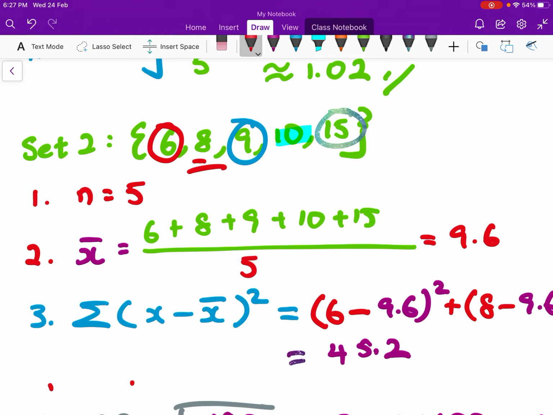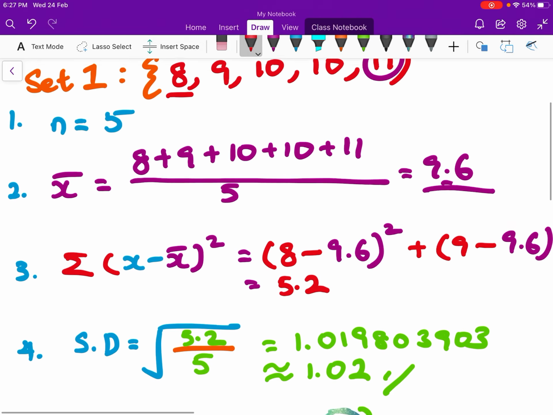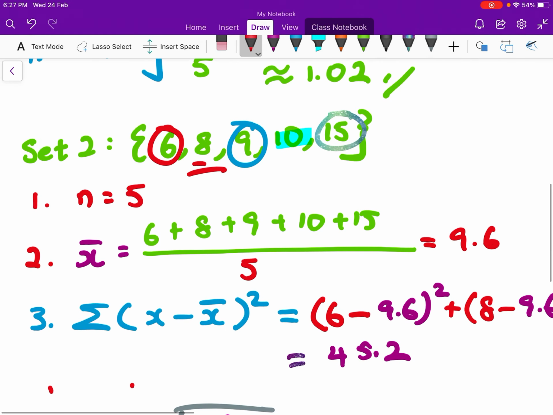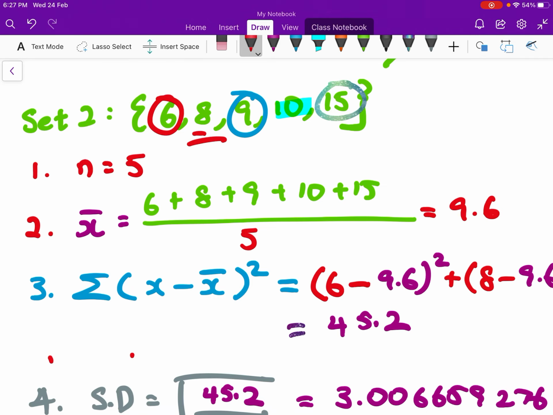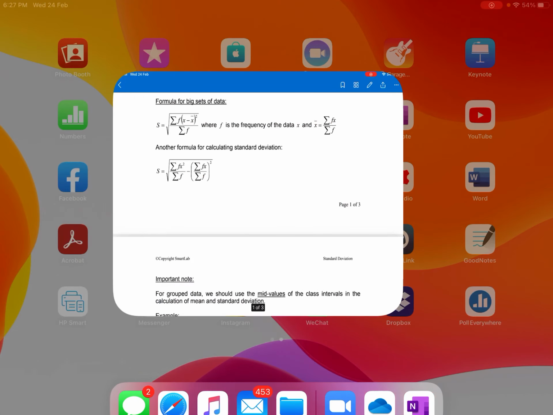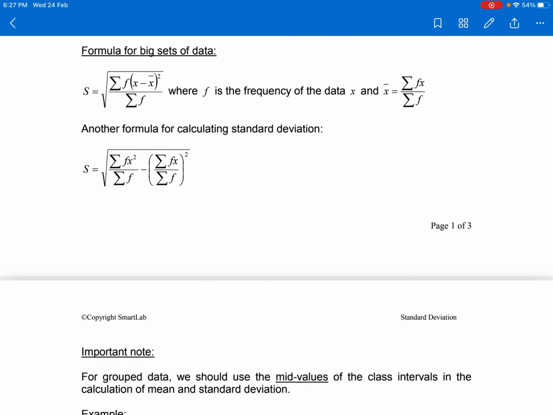By looking at just the numbers 6, 8, 9, 10, 15, the numbers are relatively far apart, as compared to my 8, 9, 10, 11. For set number 1, you can see that the numbers are more closely packed; their difference is not so big. They are quite near one another compared to set number 2. These are for just a very small data set. In the event that you have a very big data set, or what we call the group data,